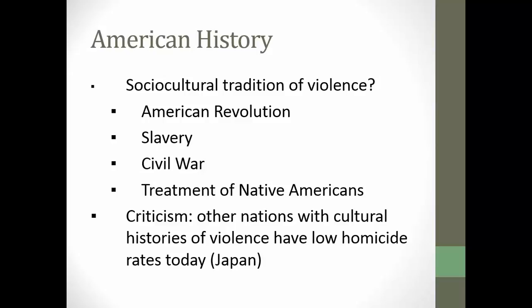The other thing that people talk about is our violent American history. The Canadians and their dispute with England and their knifing off from England was much more peaceable, though they're still tied in a lot of ways, whereas the U.S. had an armed, bloody revolution to knife ourselves off. You think of the Civil War, you think of our system of slavery and the treatment of Native Americans in this country. People talk about this legacy of violence and cowboy mentality.